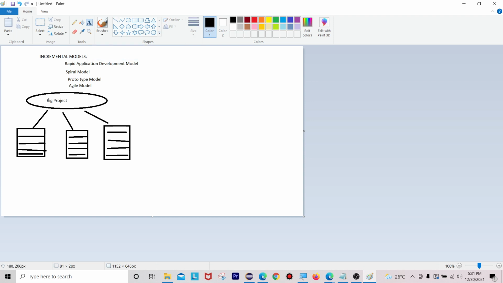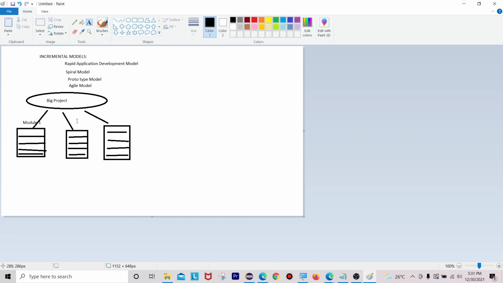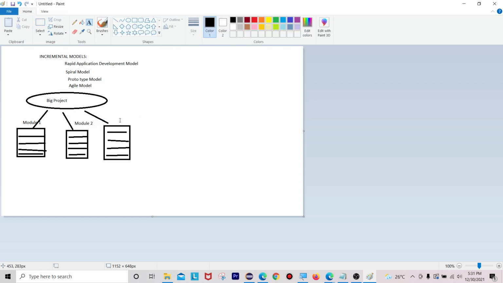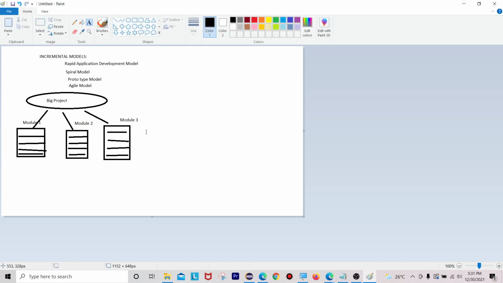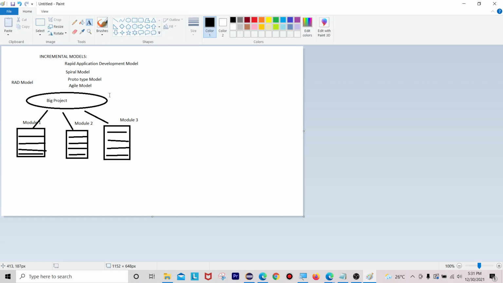For example, module 1, the second one is module 2, the third one is module 3. Here it is for the RAD model.